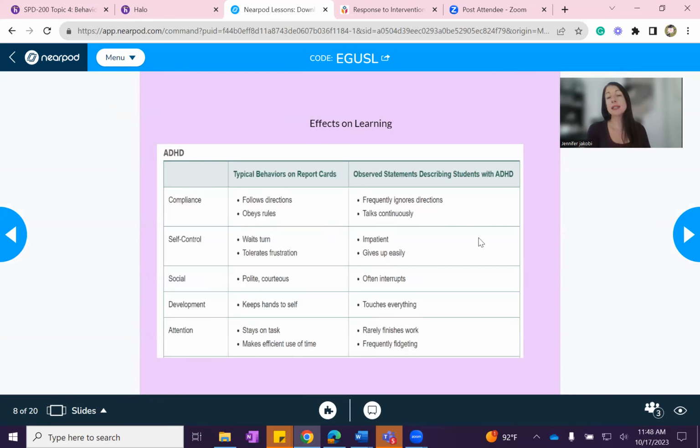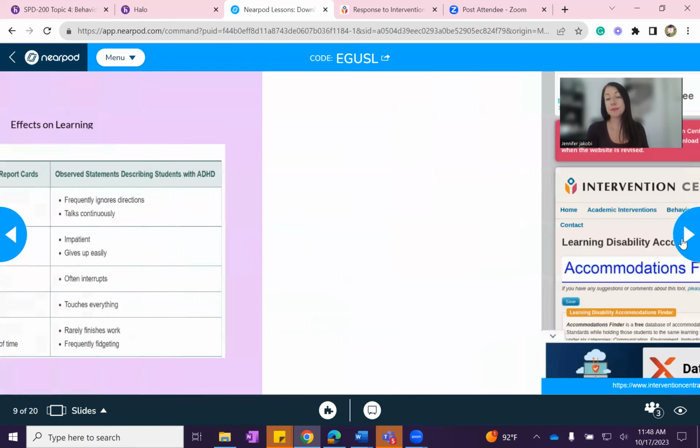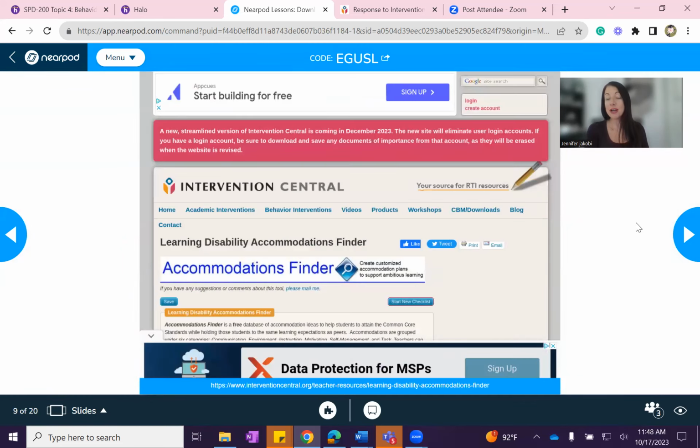You'll also notice they frequently ignore directions. Teachers report that they talk continuously. They can come off as impatient or giving up easily, interrupting. All of these would be behaviors that you would want to address with this strategy. You'll find those strategies right on